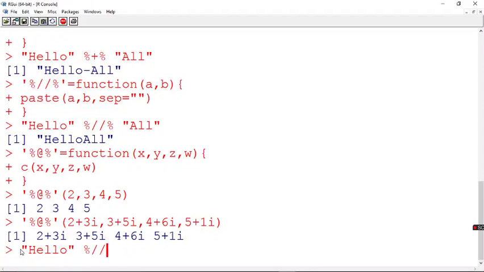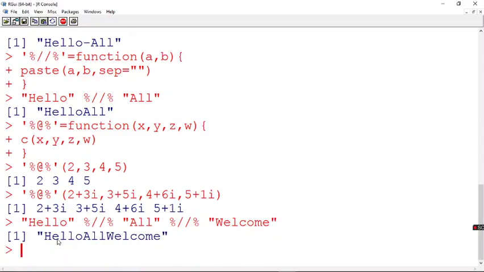So I say backslash 2 backslash, and I say all, and I want to again concatenate this with one more string, and I say this hello all, welcome. See here, it is doing it. So this is possible. First these two are concatenated, then the concatenated value is again concatenated with this.